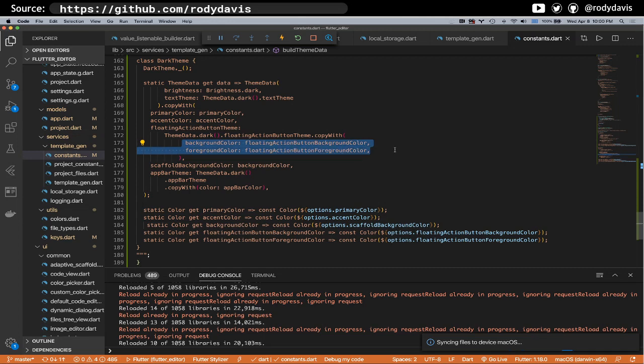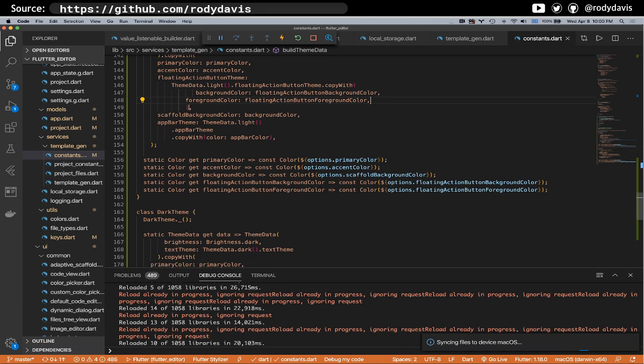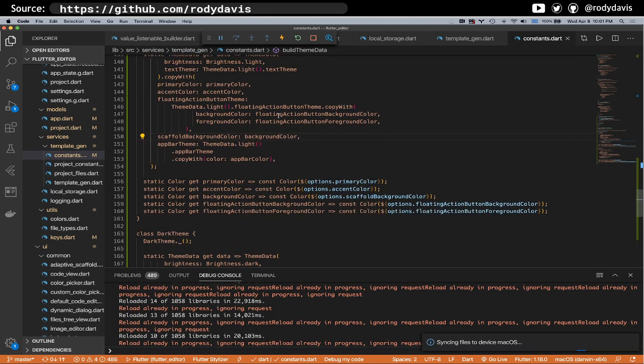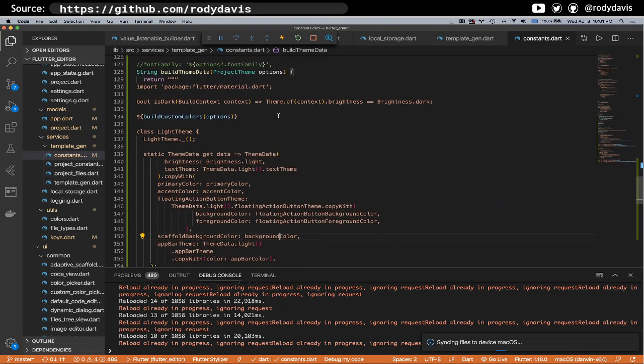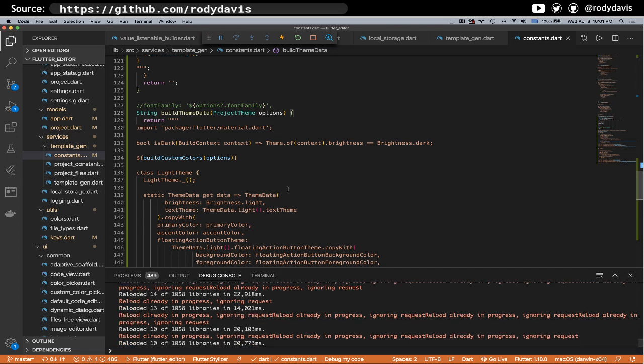Let's go ahead and copy that on over. And perfect. We have everything. And we have our custom colors. We also kind of want to generate the theme mode too. So let's do